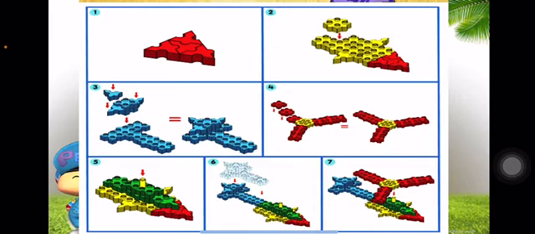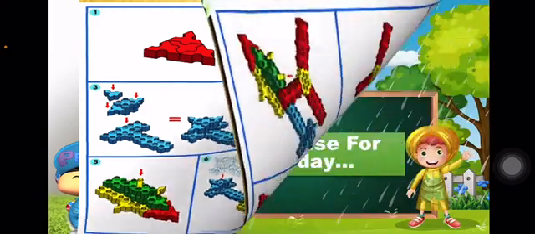So you must follow one by one according to the illustrated manual. Okay, first you must put the red color, then join with the yellow, then put the blue, then join together, then the last one, until number 7 you will get the model of the helicopter.